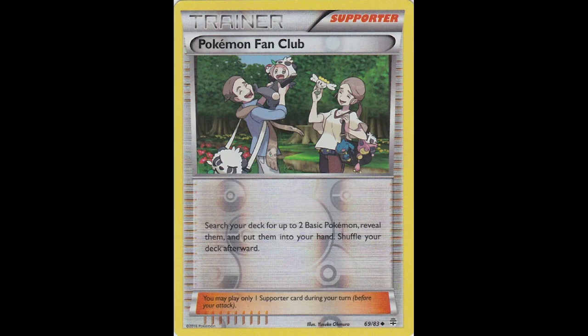Pokemon Fan Club. This is a reverse card. You can tell by the foiling pattern in the text area. And this was the Generations version of Pokemon Fan Club. So it's basically two parents with a baby and dolls of some of the Pokemon. And yeah, they've got dolls of Floette, Skitty, Pancham, Lucario, and there's another Pancham in the foreground that I can't